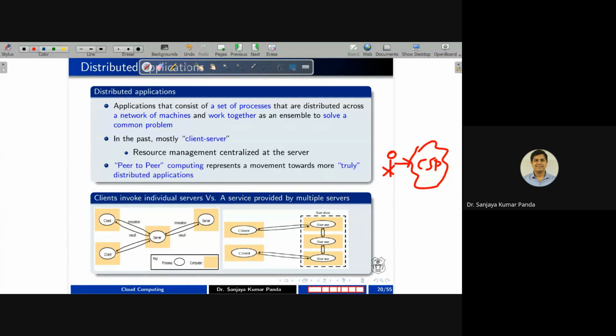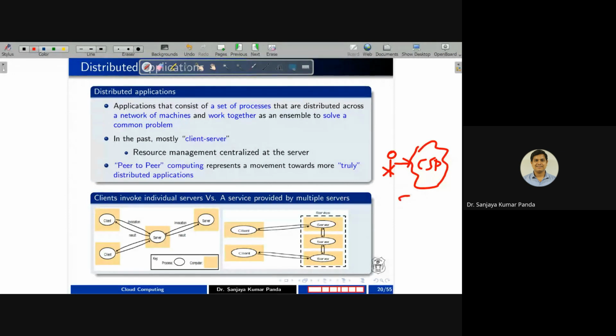Inside your cloud service provider, there may be a complex environment. There may be a lot of complexities: how these systems are connected, where the backup is, where disaster recovery is, a lot of things. But your cloud service provider, whether it is Google or Amazon or any other provider, will treat the entire system as a single system.